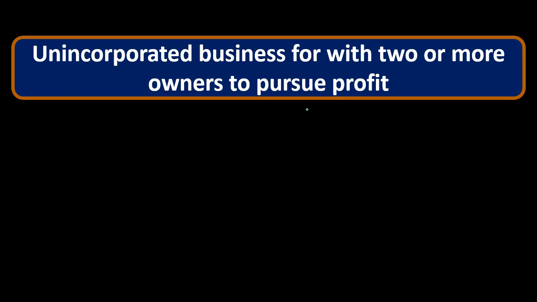Meaning, if two individuals get together and they start to act in such a way that they are pursuing profit, doing business type of activities, they are then, by default, a partnership. This is, of course, similar to the idea of a sole proprietor who, if we start to just engage in activities that pursue profit, that in and of itself is, in essence, a sole proprietor. Both partnership income and sole proprietor income, the IRS would like to have their share of them reported to them in terms of taxes as well.